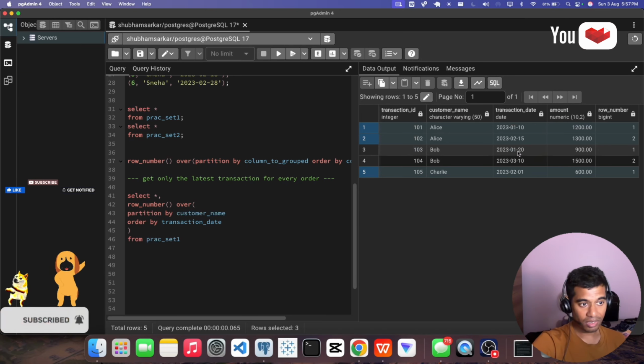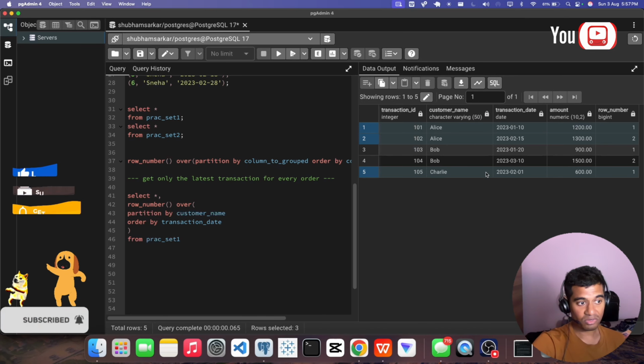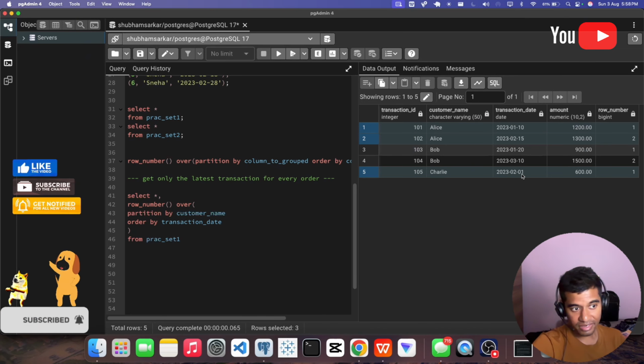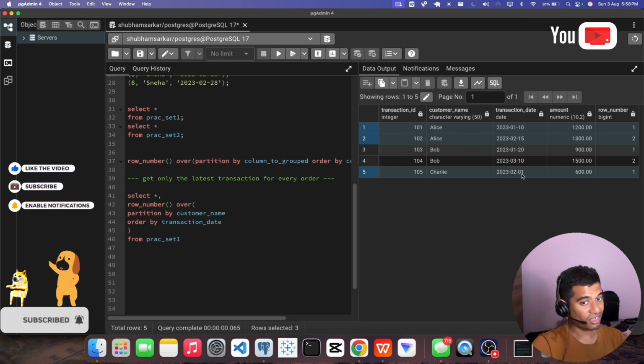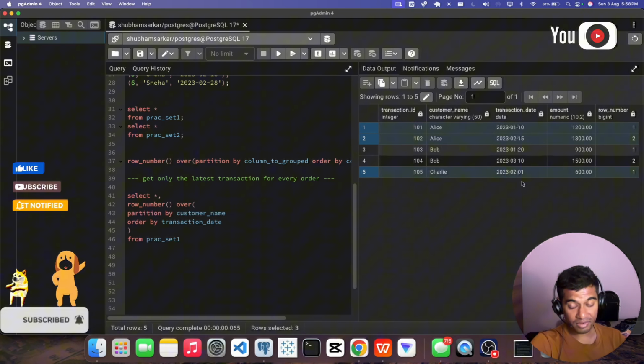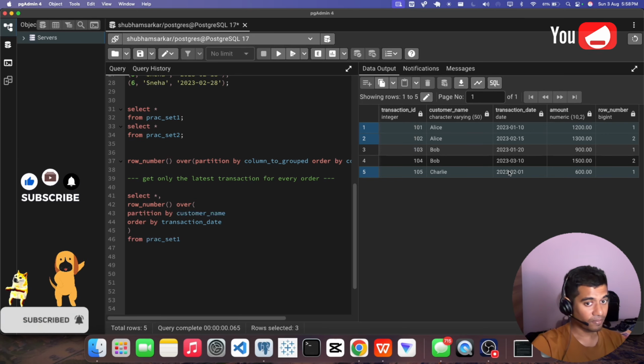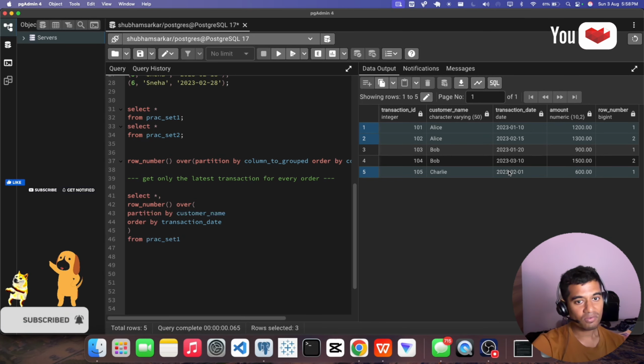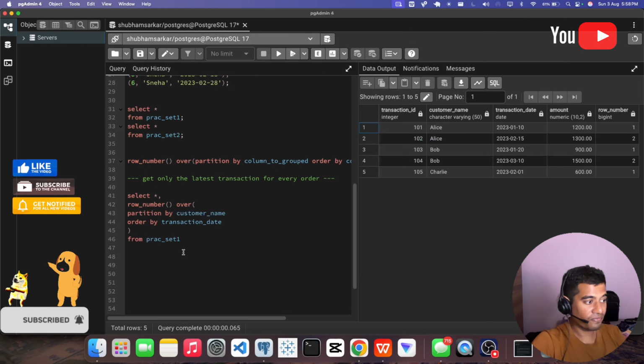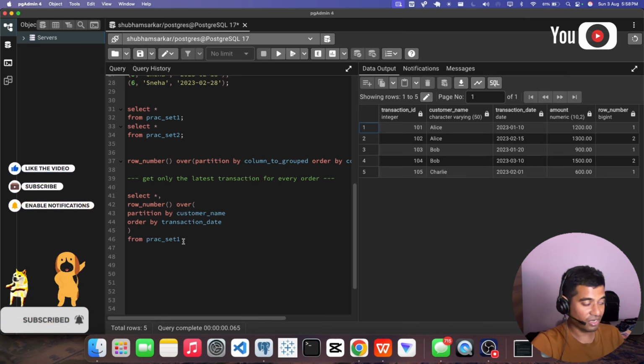For Bob, earliest is 2023 1, and for Charlie, as there is only one data, so 2023 2. If Charlie would have 2023 4, then 2023 2 would be the latest transaction, because 4 comes after 2.